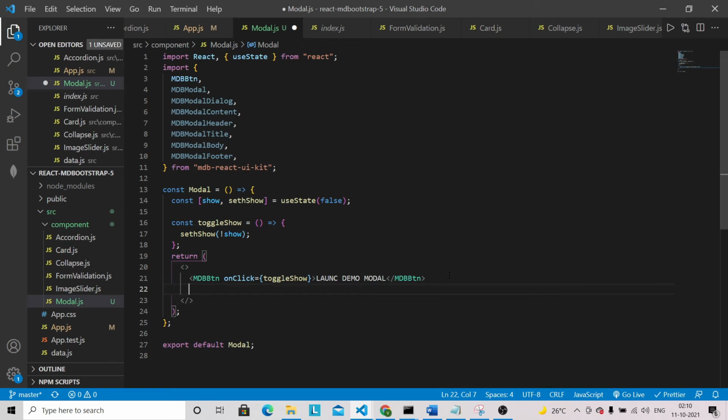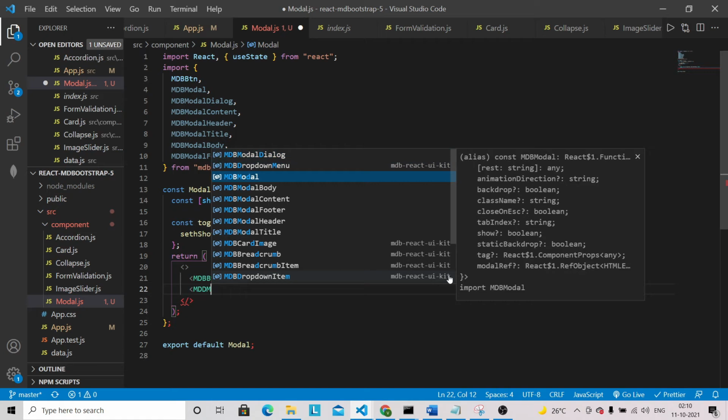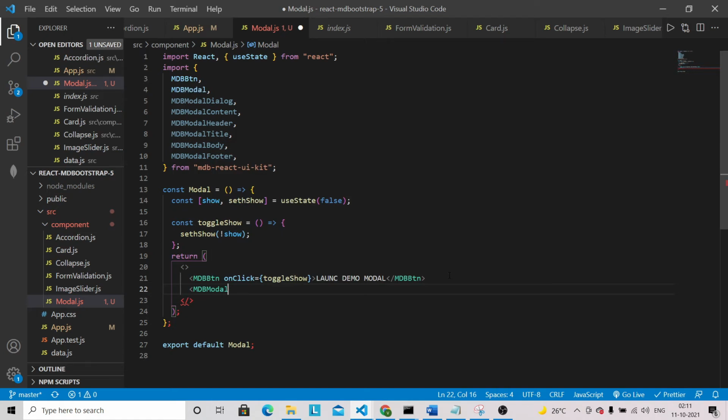And now I'm going to have MDBModal. Inside that we are going to have show. I can just pass this state here as it is, then getOpenState. All these props we need to provide here.